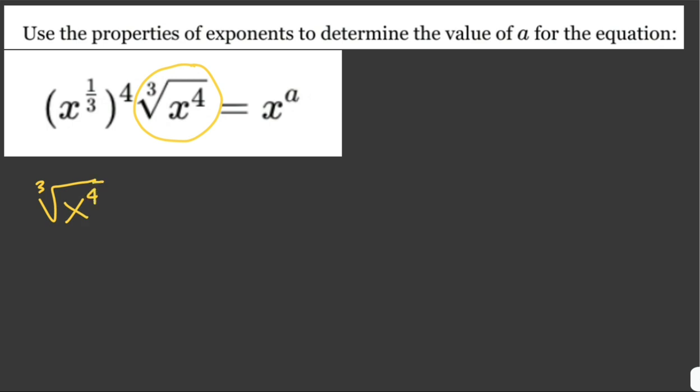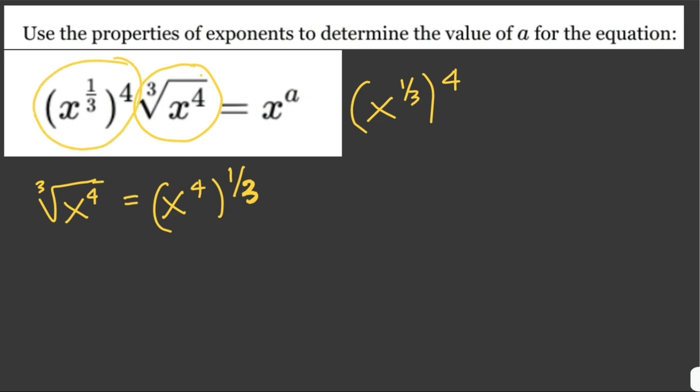and the radicand is x to the fourth. So we can rewrite this as x to the fourth to the 1/3 as its exponential form. So this is 1/3. Now we can write our equation as x to the 1/3 to the fourth, this one, and then this one,